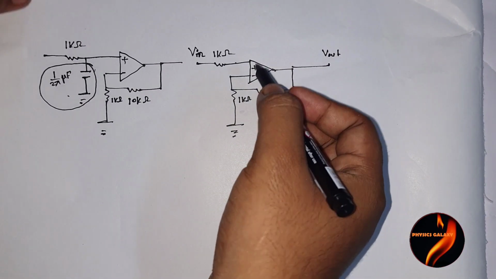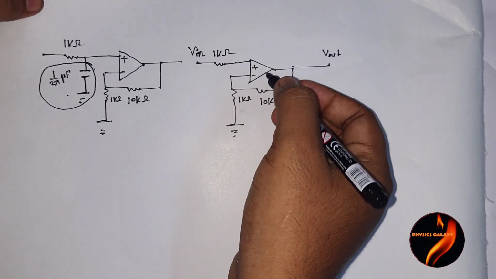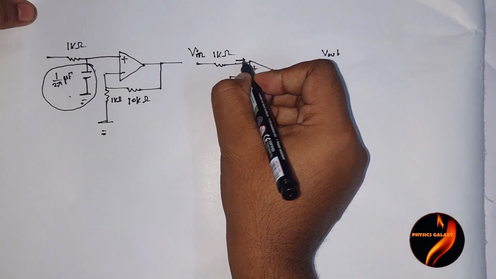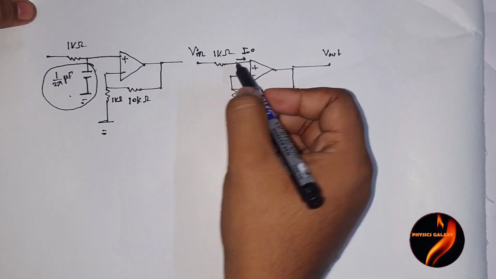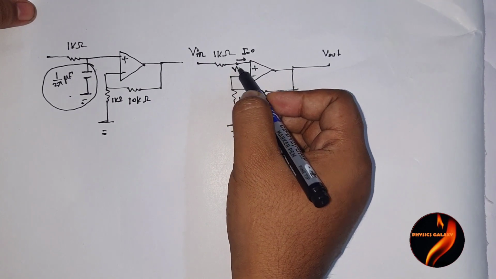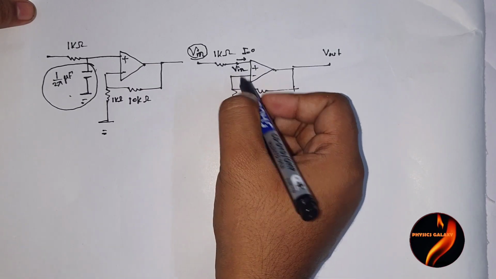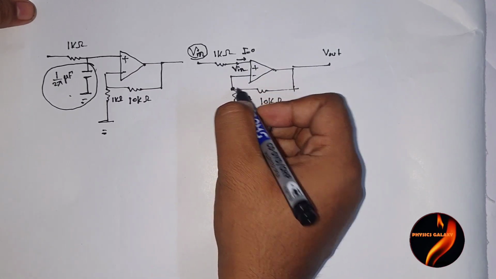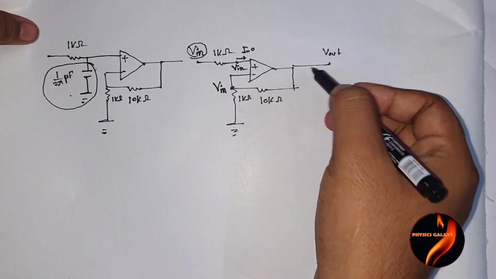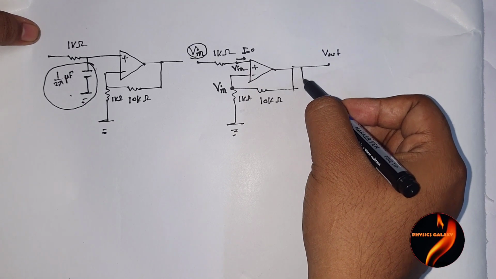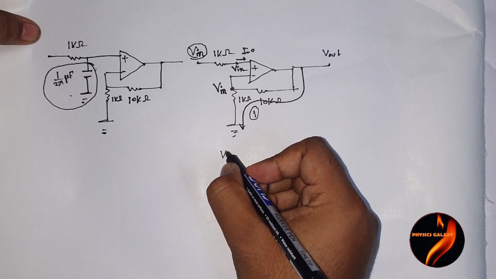We know that the input impedance of an ideal op-amp is infinite. So the current passing through this op-amp is nothing but 0. So in this point the potential will be the same, equal to the input voltage Vin. So the potential here in this point also will be Vin. Hence if we apply KVL in this loop, which is denoted by 1, this will give me the relation